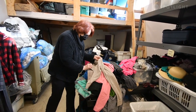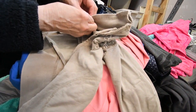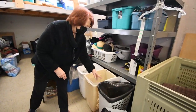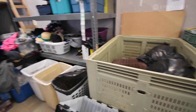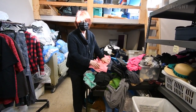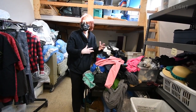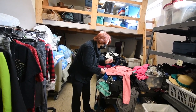So as I'm looking at this, it's frayed. And so that would not be something that we would be able to sell. But what we do is we take an article like this and we'll put it over here. And as these load up, they go into there and they're taken down to the main store and they're recycled. My understanding is that the company that purchases those shreds it all, and it's used as stuffing in mattresses and furniture. And so things don't go to waste,